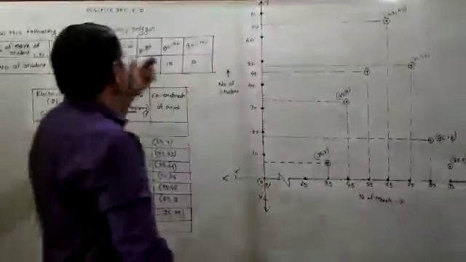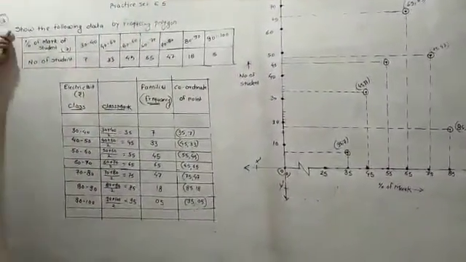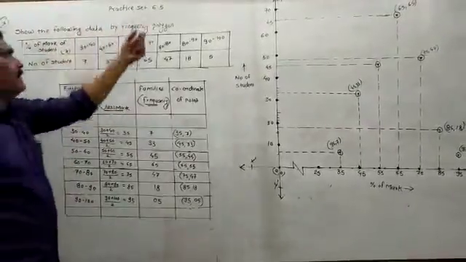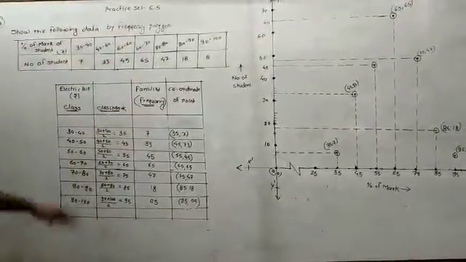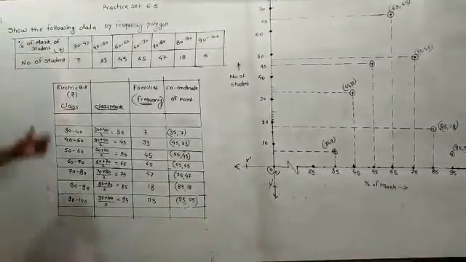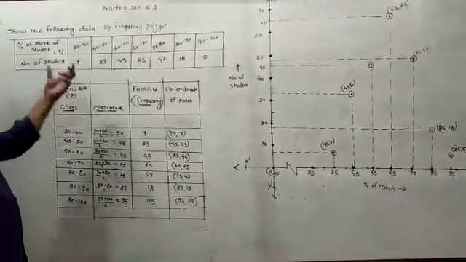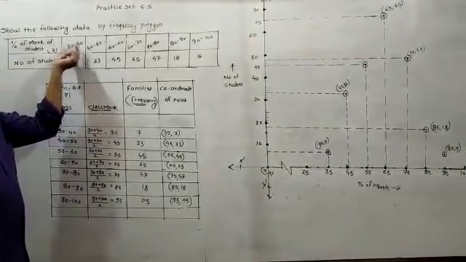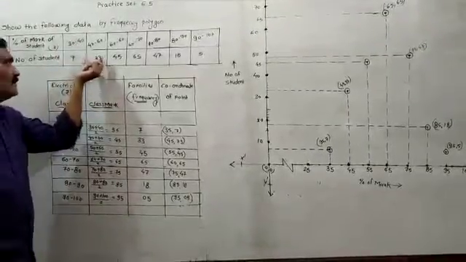With exercise 6.5, example number 3, which means the last example. Show the following data by the frequency polygon. What is given: the percent of the marks of the students and the number of students. Means 7 students have marks between 30% to 40%,